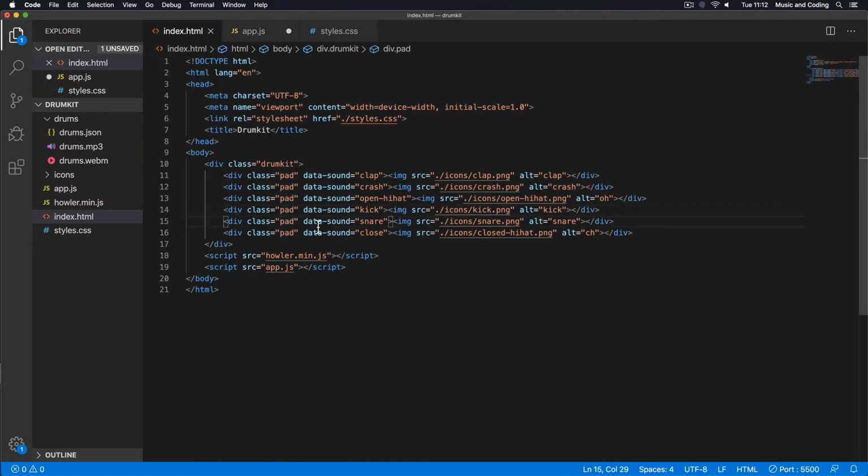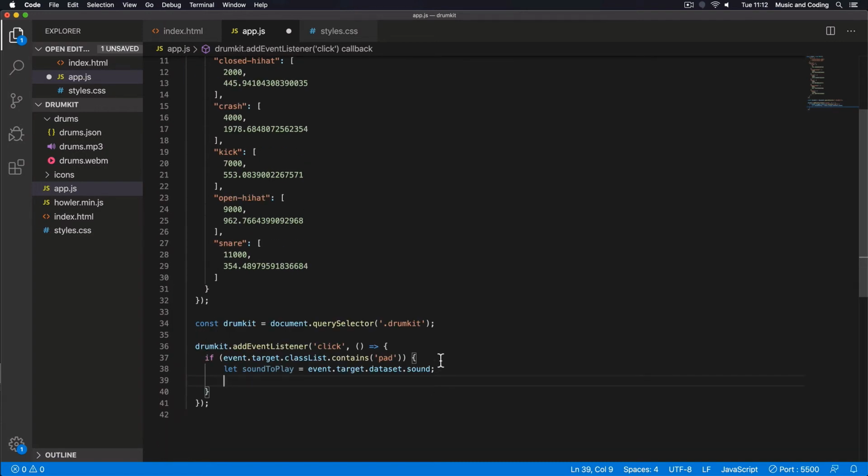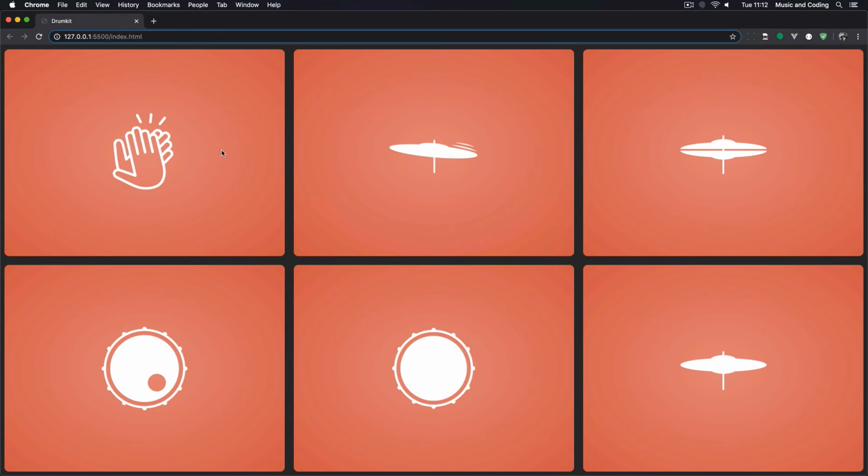So it's dataset, it goes and it looks at that. Does this one have a data attribute of sound? And then take the value of that and put it in this variable. So that's what we're doing here. We are letting the sound to play be equal to the value of the data sound attribute. And then we can actually check if it works. So let's just try drums, play, and we should just sound to play. And let's save this and go to the browser and check out if it works. It works. When I click on this,